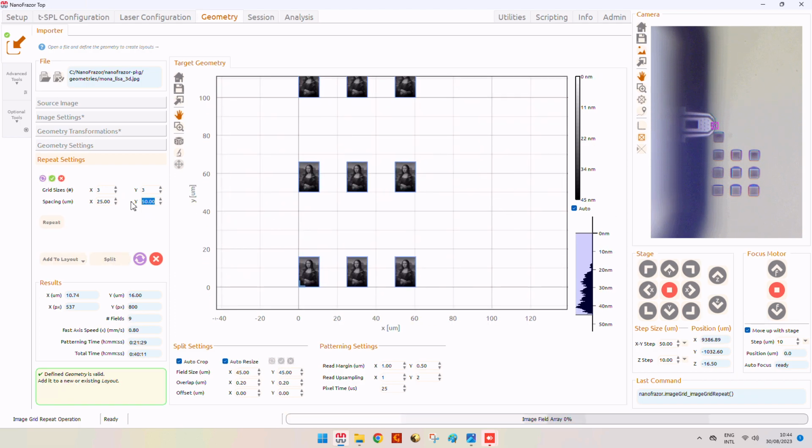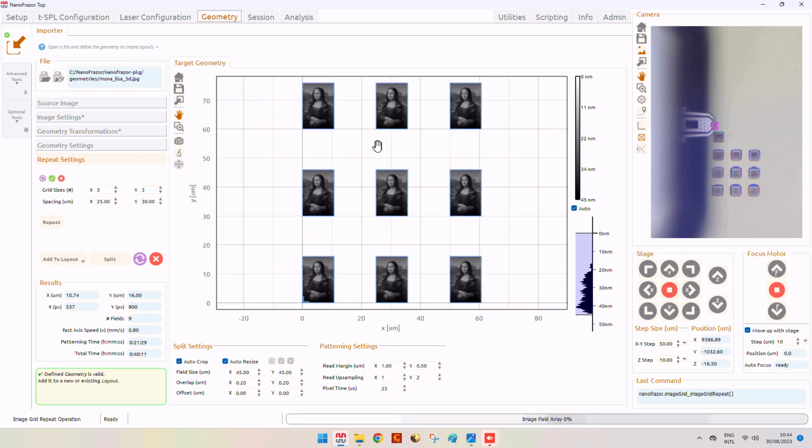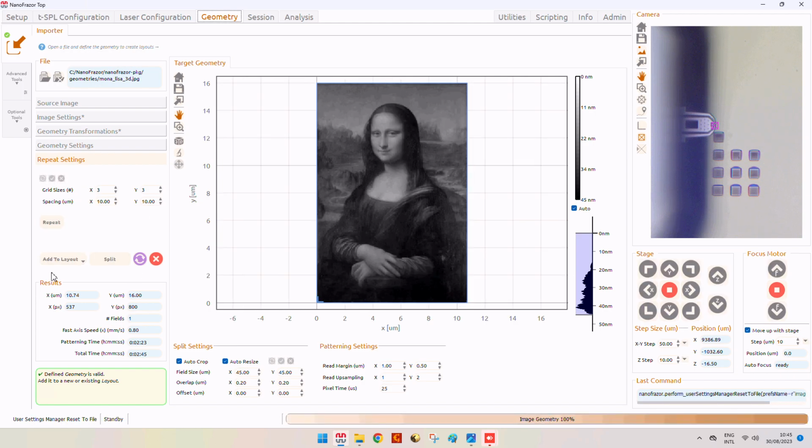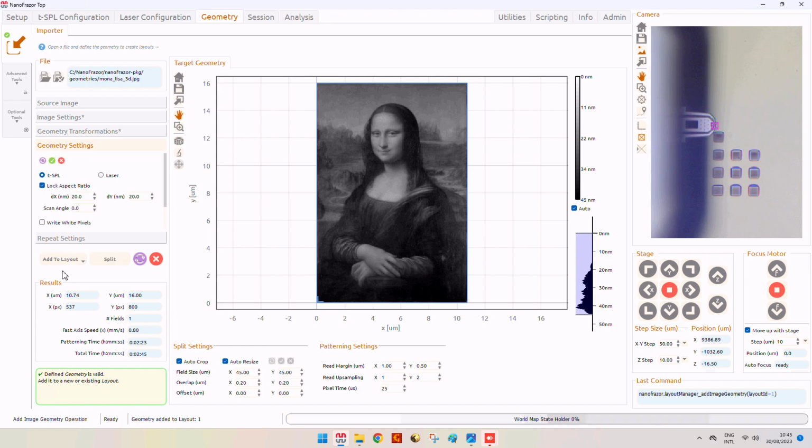If we change the spacing, of course, in Y we will have a different repeat functionality. Once we are finally happy with our design, we can add it as a layout. In this case, we have selected TSPL, so it will be imported as a TSPL layout.